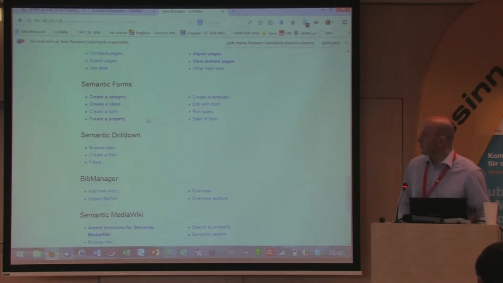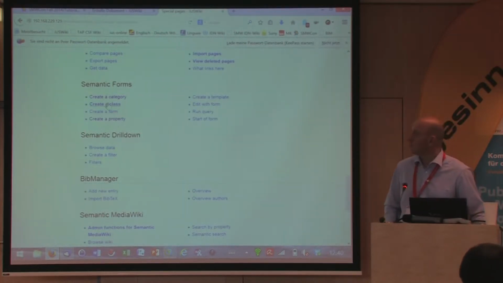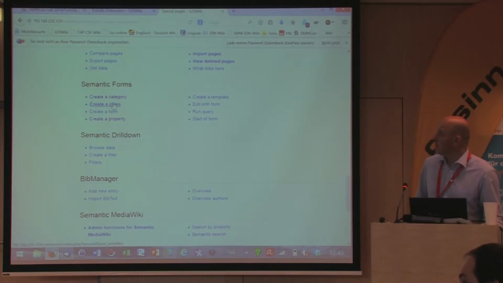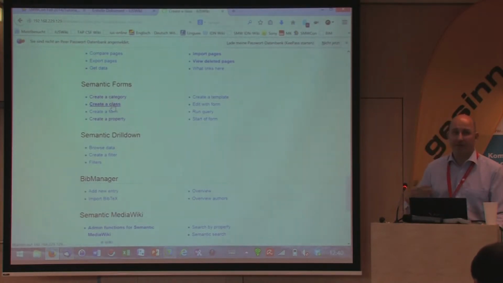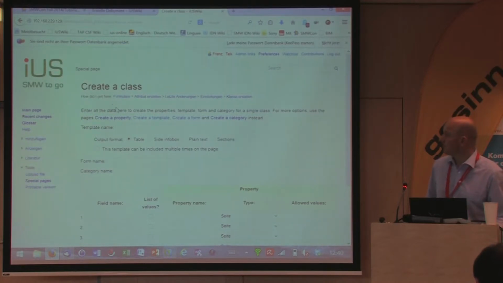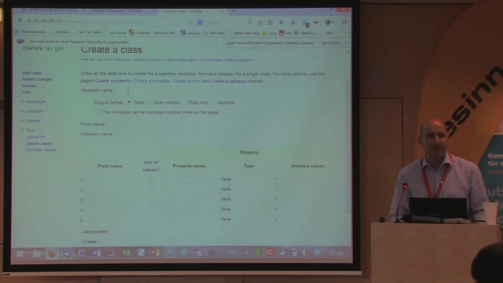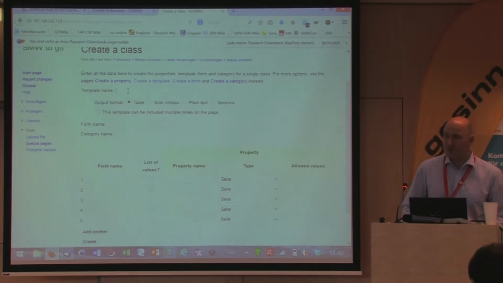You can create everything separately, but you can also create a class, and that's the most convenient piece of work to start with. If this is too basic now, please oppose it. With creating a class, you can create all these things in one step, in one flow, and it now shows you. You can say, okay, what template do we want to do? For now, let's say we want to set up a system that allows us to manage the attendance of